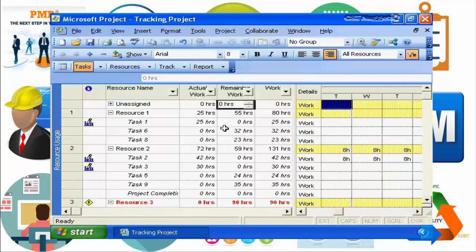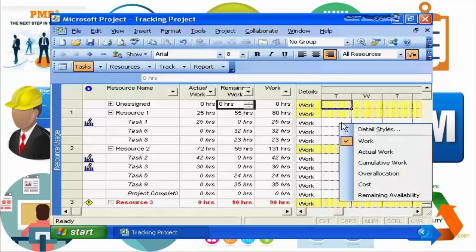So we're almost ready to begin to use this task or resource usage view. We now have the actual work and the remaining work and the detailed work information for the task. The one final thing we need to do is go over here into this spreadsheet area and add the same information. So if we go over here and do a right mouse click anywhere in the grid area,